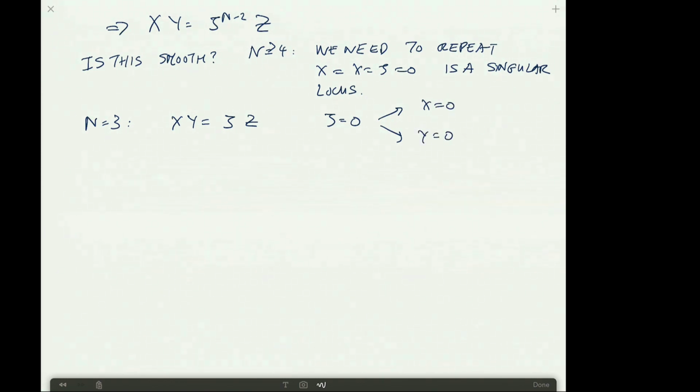So we said x, y, and z are projective coordinates. If I now look at the subspace x equals to 0, or the subspace y equals to 0, these actually correspond to subspaces in this projective space,